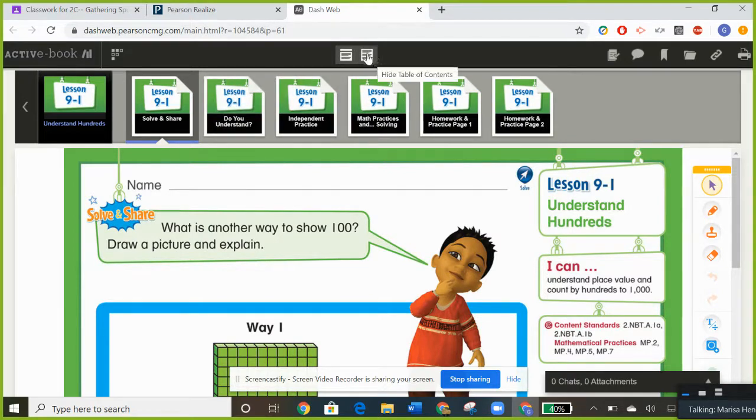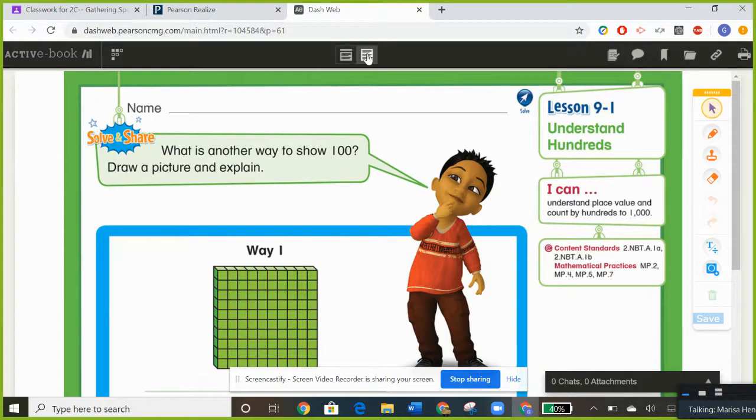If you click up here, you can hide the contents and view the page a little bigger. If your parents would like to print your math, you can print it and do it. Remember, the teachers aren't checking this. So if you want to print it because that's easier for you, great. If you want to write your answers on a piece of paper as you practice so that you can draw the diagrams, great. The other thing you can do is